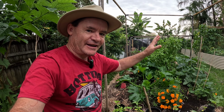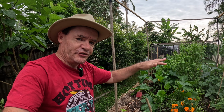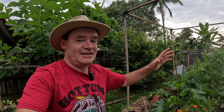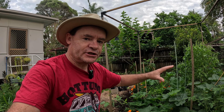Now, the key with chaotic gardening, and I'm going to let you in on the secret here, is we need to cover the ground. We don't want to have any sort of mass showing. We don't want to have any bare soil. And the reason being is because in nature, and really good organic gardeners will teach you this, don't have bare soil. And even if you can, where you've got bare areas and you're covering it with mulch, try and get some